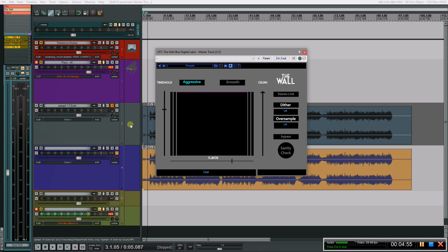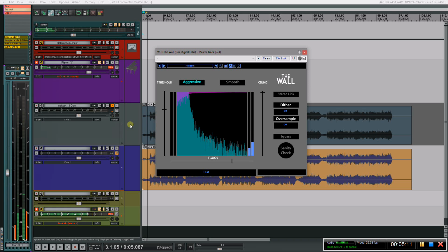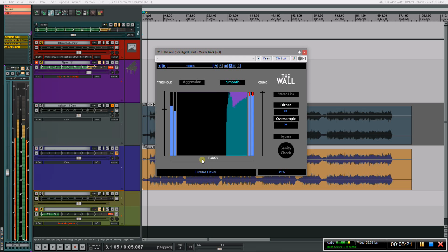So this is the aggressive setting and the flavor's turned up. You're going to notice immediately why this does not work. So clearly that's way too distorted for a piano. That's where smooth mode comes in. So put it on smooth and you've got...